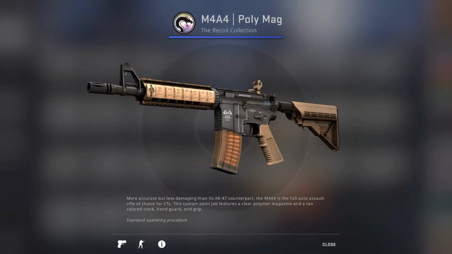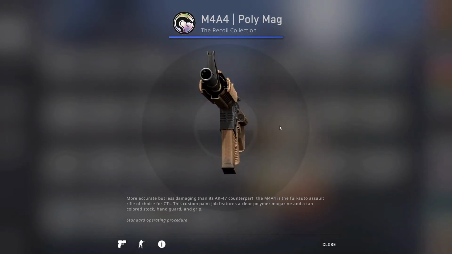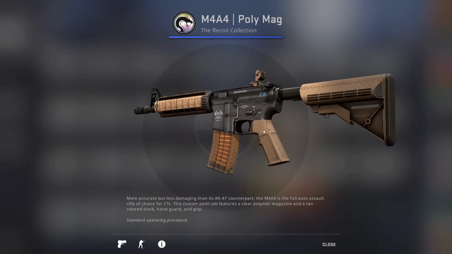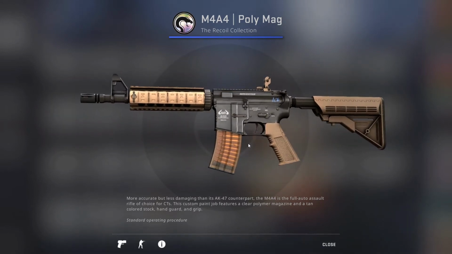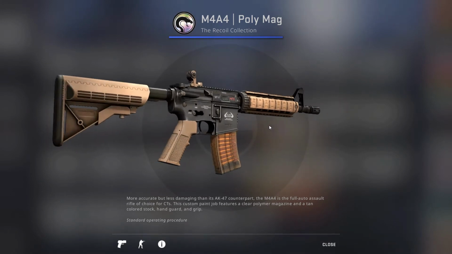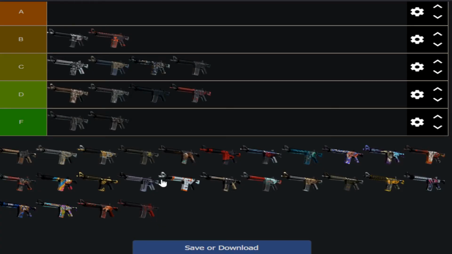Then we have the M4A4 Polymag, which is a really, really new skin, but I don't know what it's really offering. This is just maybe a cleaner sand camo, and I guess with an X-ray thing on the bullets. But yeah, it's really just the same build as a sand camo skin, even though it doesn't have the camo. It's definitely a lot cleaner than your average camo skin, but it's only marginally better than stock